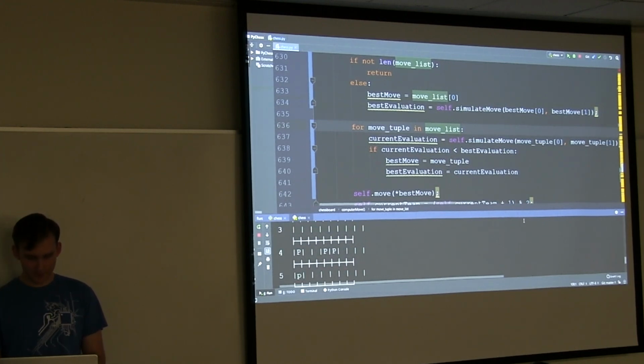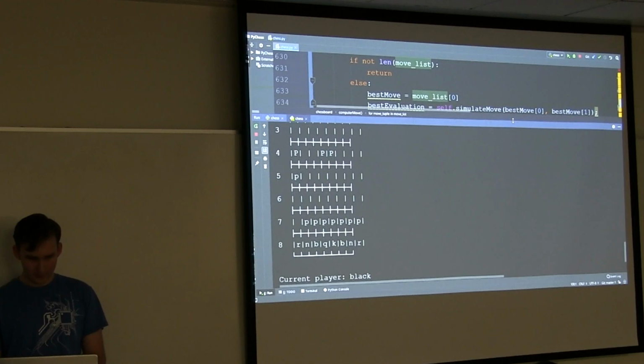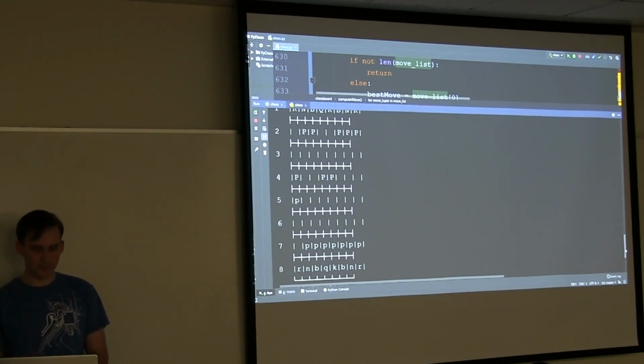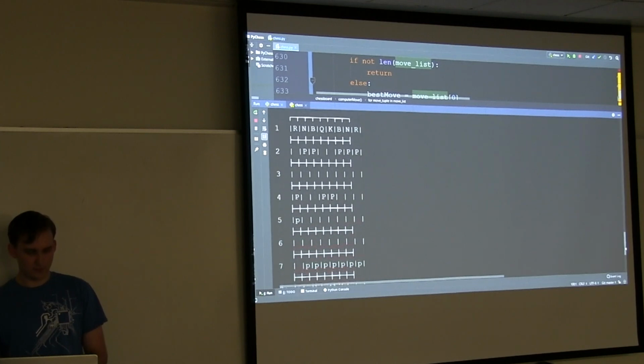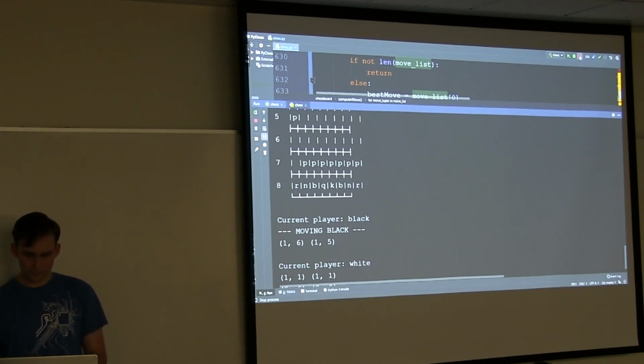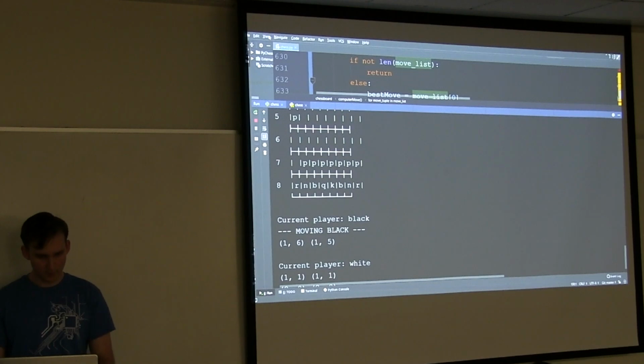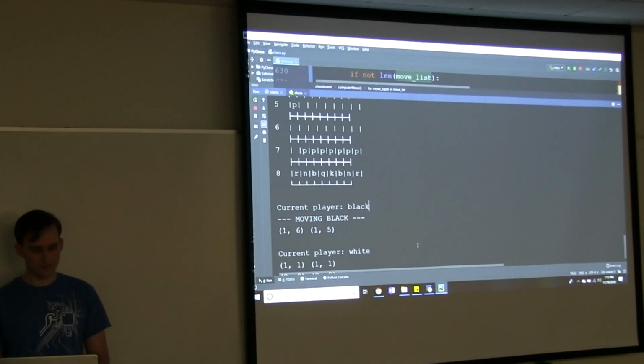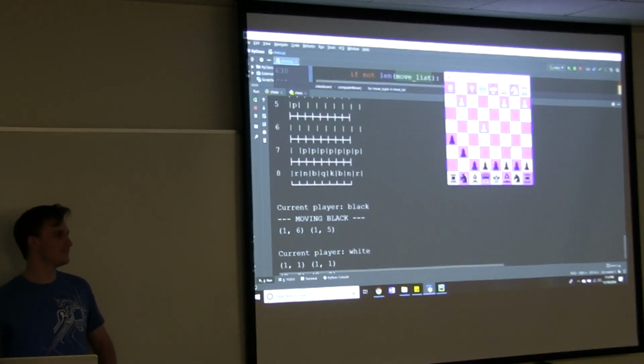You're not going to be able to see this very well, but we can try. You can see it on your own personal laptops, I'm sure. I guess you could set the first move to random.